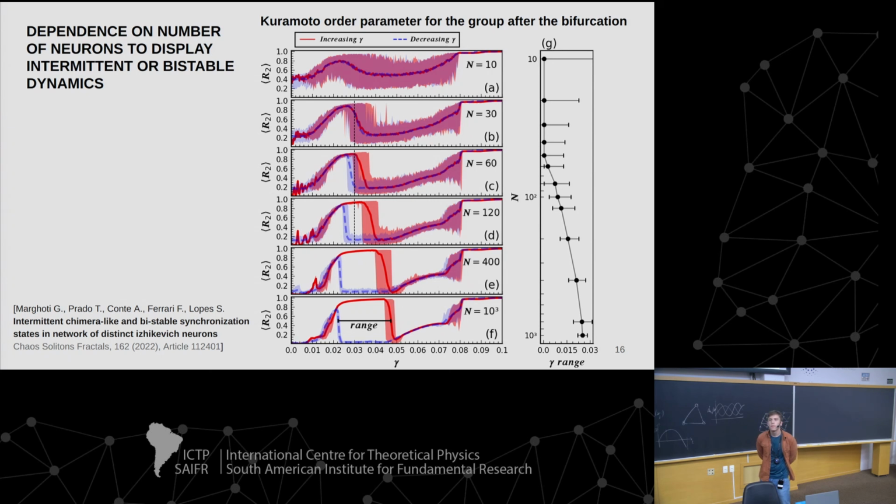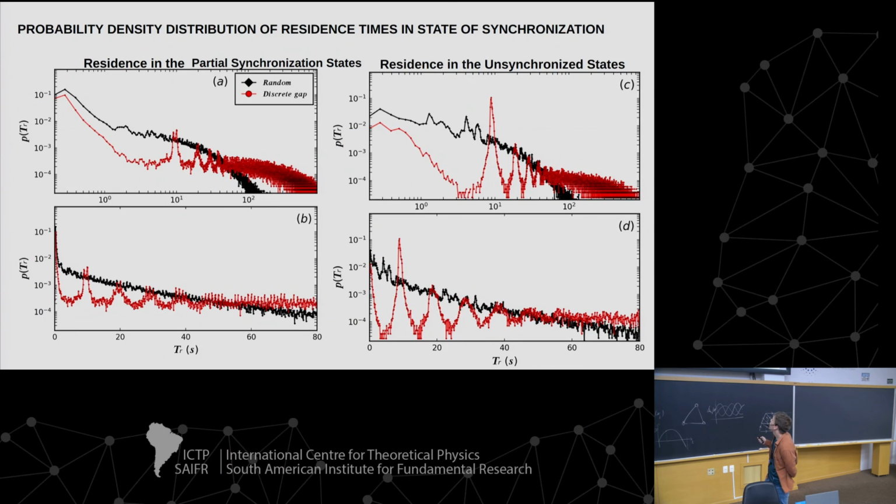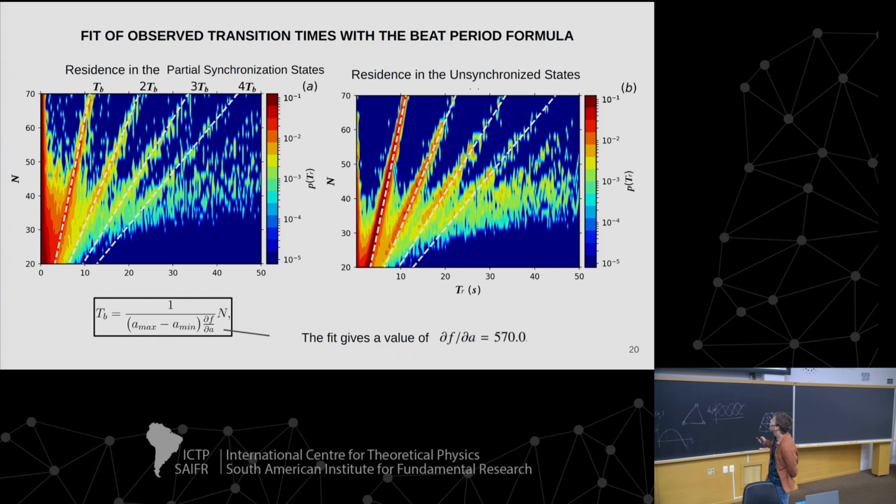I have a question. In the last slides, you were talking about time. Is that computational time? What time is that? Time, in seconds. It's in seconds because the Izhikevich model is dimensional, so the V variable and time have dimension. In the Izhikevich model, time is in milliseconds, and V is in millivolts. Okay, millivolts, yeah. Good, thank you.